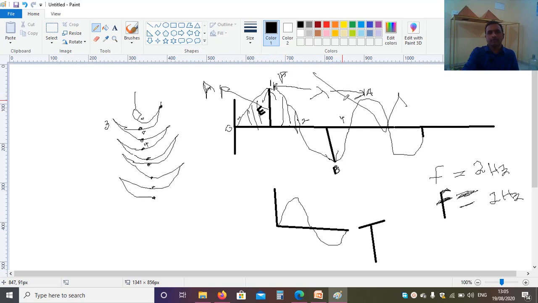A wave has some amplitude; amplitude means maximum displacement. The distance between two crests is called wavelength. The time taken per one oscillation is called time period. The number of oscillations per 1 second is called frequency. And phase means angle. It measures the angle between two waves. The angle between two waves is called phase. The distance between two waves is called path.